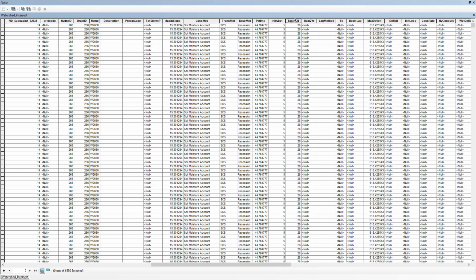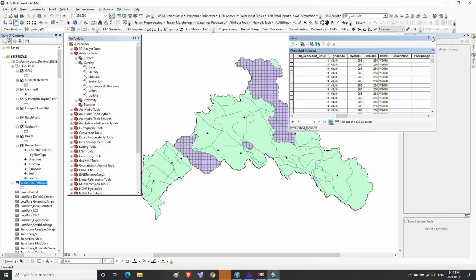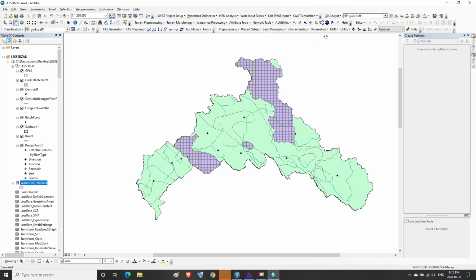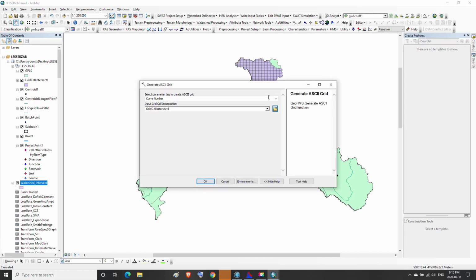The new values are added to the basin CN field. Then we go to the seventh menu from the HEC-GeoHMS menu bar titled Utility. And in the Utility menu, we click on Generate ASCII Grid and select Parameter Tag. We choose Curve Number.